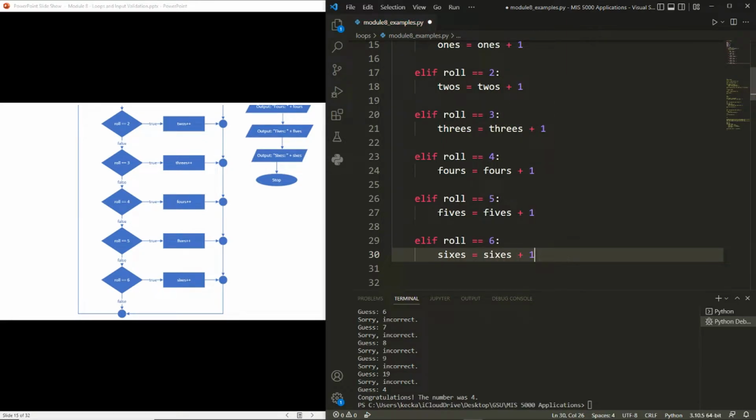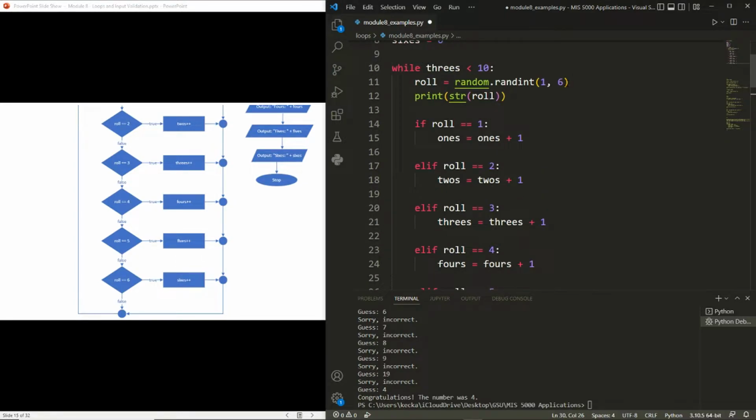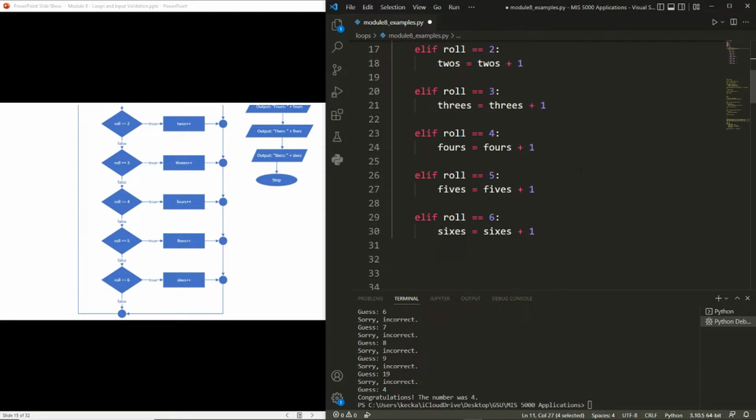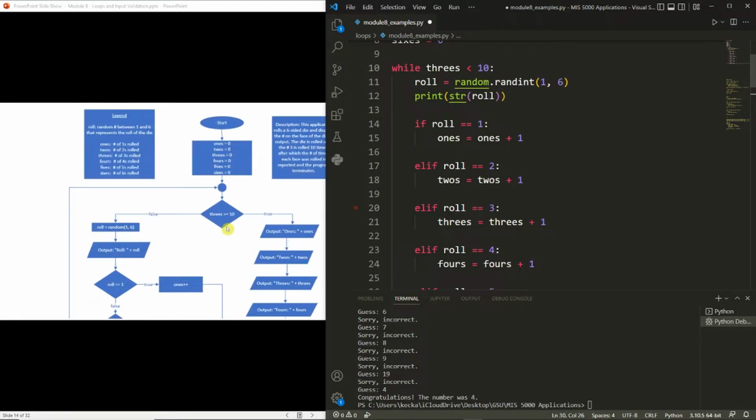Now this last condition I could set up as an else instead, because the nature of the randint function ensures that we're going to get a number 1 through 6. I could also leave it this way. This is the only bit of logic, even though it looks long, that's going to be included in the while loop. The while loop terminates when we have rolled the number 3 at least 10 times,